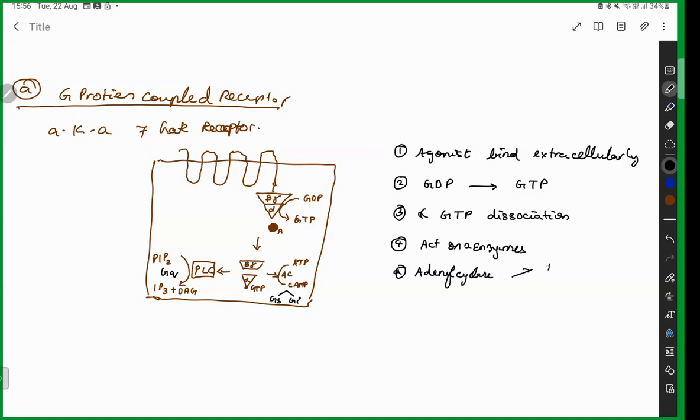Either it is going to give rise to GS, that's stimulatory, or it is going to inhibit, that's GI, inhibitory. Stimulatory increase பண்ணும், inhibitory கம்மி பண்ணும். B is going to be your phospholipase C. Phospholipase C என்ன பண்ணும்? PIP2, phosphoinositol diphosphate, it is going to get converted into IP3 plus DAG in the presence of alpha unit. Okay? So this is called as GQ.